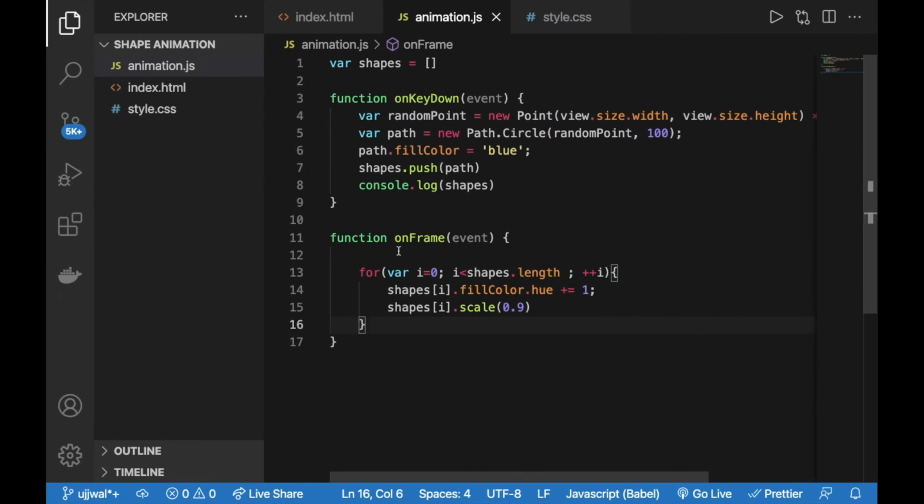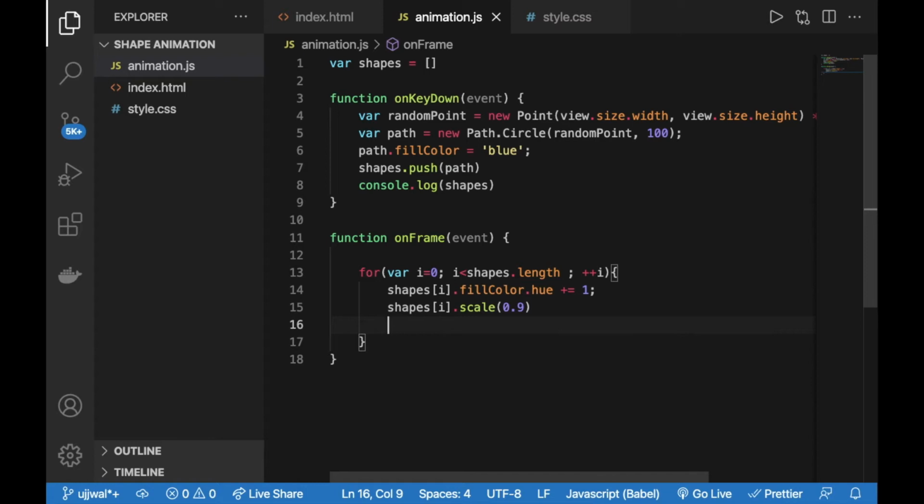All those 17 dots that were there, or now 18, they are still on the screen, and they are just occupying some memory, though they are not visible. But after a certain point of time, things will get slow, or can crash. Okay, for that we need to remove all those shapes whose size is not noticeable, or we are unable to see the area of. For that we have a property of the path, that is area, that enables us to check what is the area of the shape.